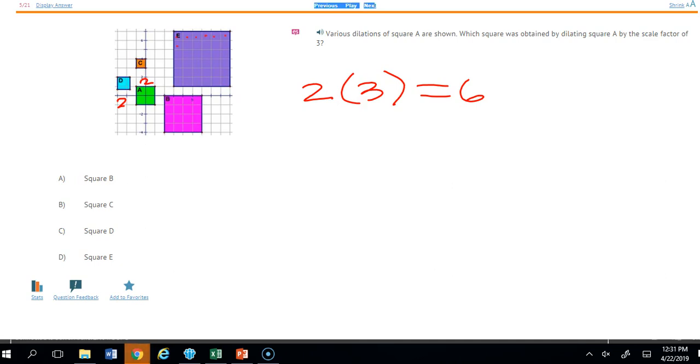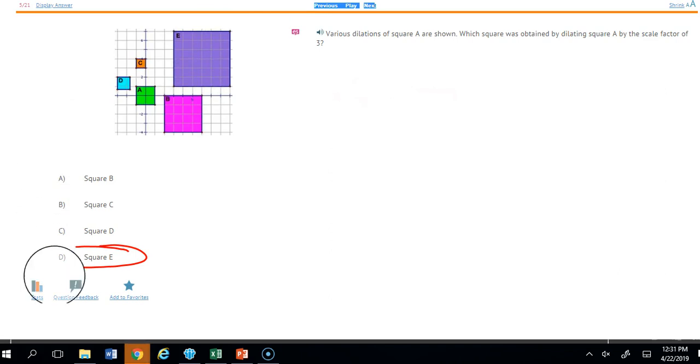1, 2, 3, 4, 5, 6. So this is 6 by 6. So our answer is E. Another relatively easy problem. Kind of nice to have some of those along the way. All right, our next question